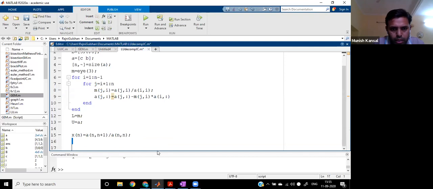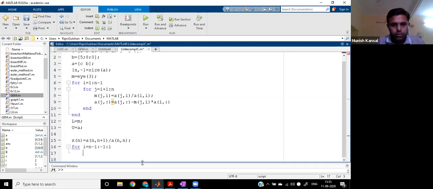So in the next step I will apply the loop for i is equal to... what do we do now? Once you find out x3, then you find out x2, then x1 and so on. So for n cross n, first xn came, then n minus 1, n minus 2 and so on. So we will start with n minus 1 with the decrement of minus 1, because once you compute xn, then it will calculate xn minus 1, then xn minus 2, then xn minus 3, and so on. So I have taken here a decrement of minus 1 so that this back loop runs. Where to go? We have to find x1, so we will go up to 1.